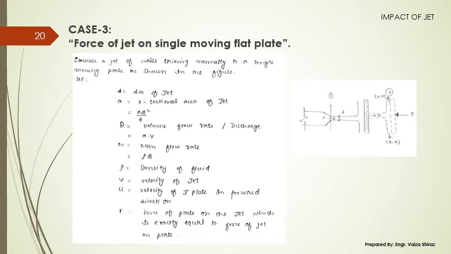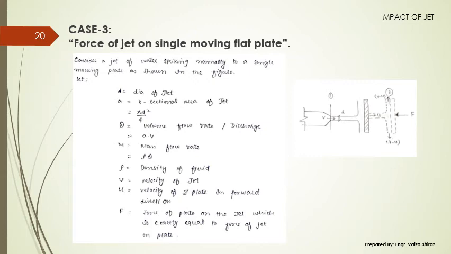Now once the liquid is out of section 1 or out of the nozzle, the velocity will not be only the jet velocity V, it will now be the relative velocity. The velocity is relative to the plate velocity, which is termed u over here. That is the only difference between the fixed and the moving case: in this case, the governing velocity is the relative velocity V minus u.